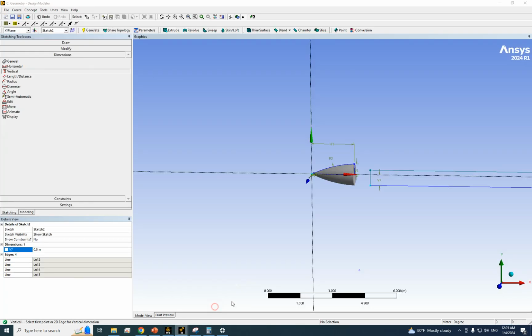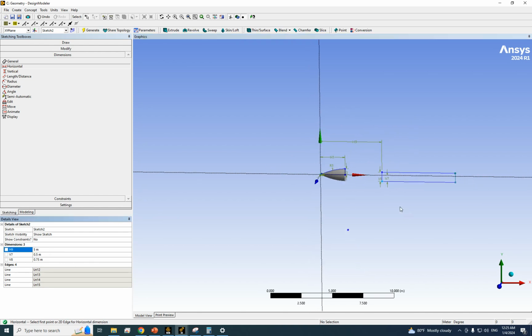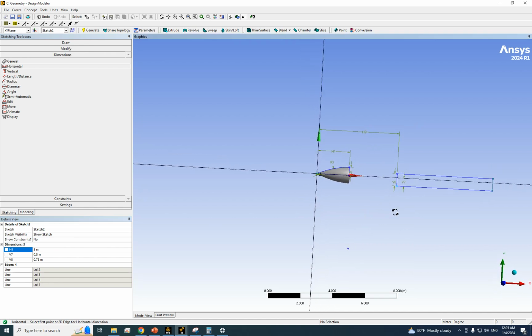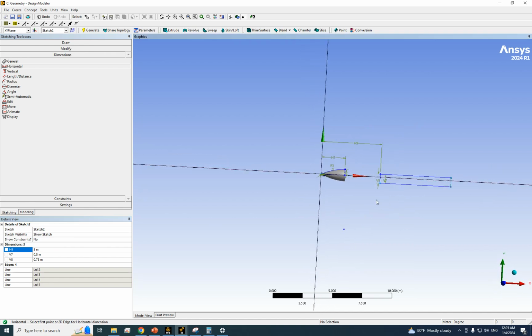So let's go back to this one. The vertical dimension here to here is 0.75, and it's placed 5 meters. Where is the horizontal distance? This one is 5 meters. Right, and then the length of this one,